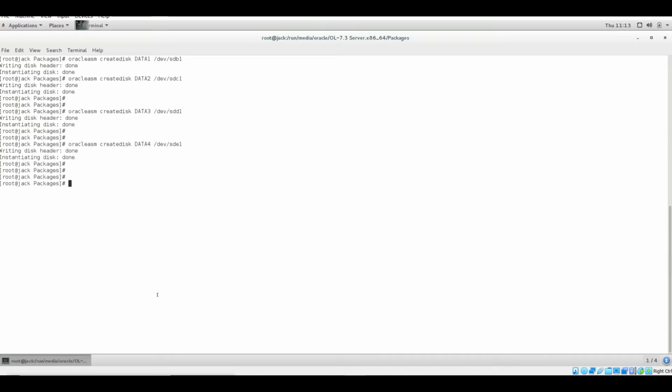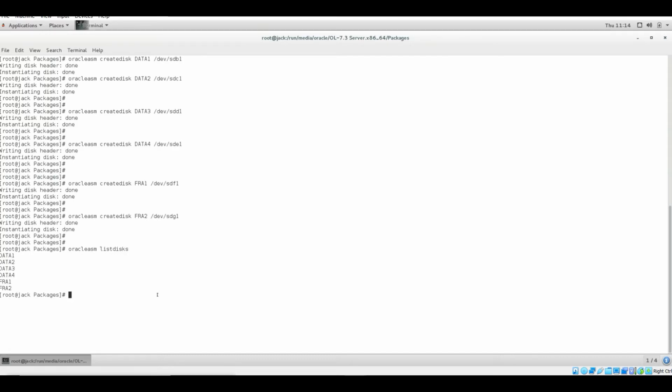So these are done. Now I need to create for my FRA. FRA1, FRA2. Now let me see whether with this command I can see the disks or not. Yes, I can see, so the disks are created in here.